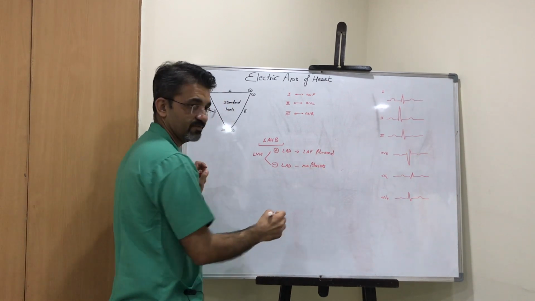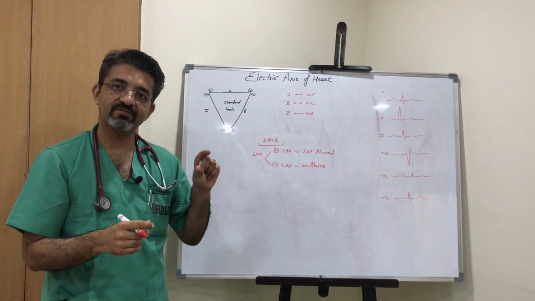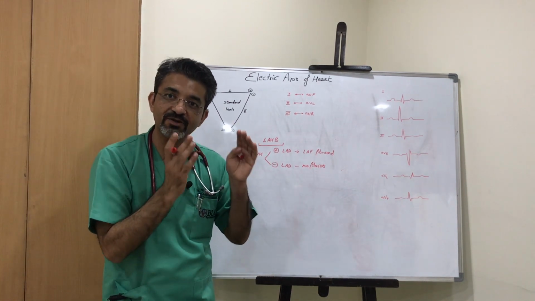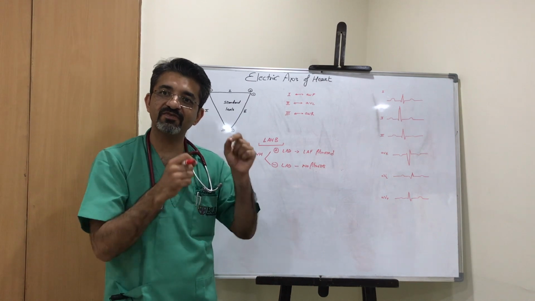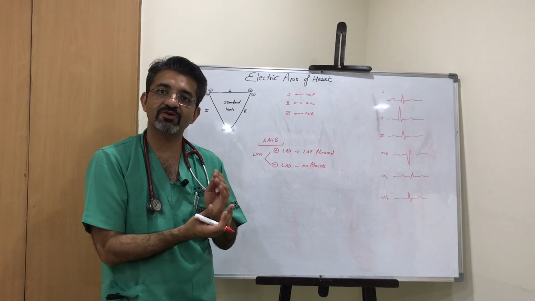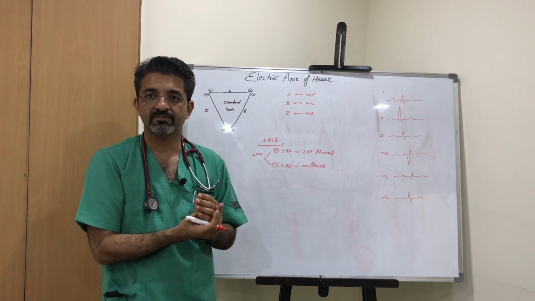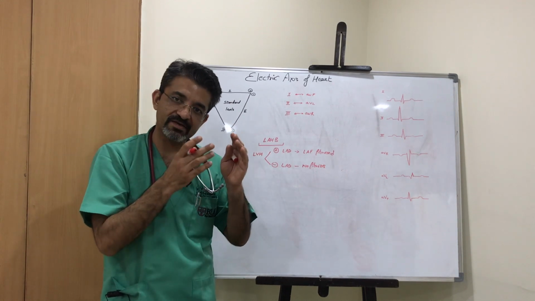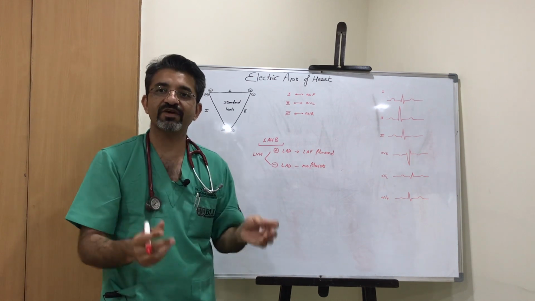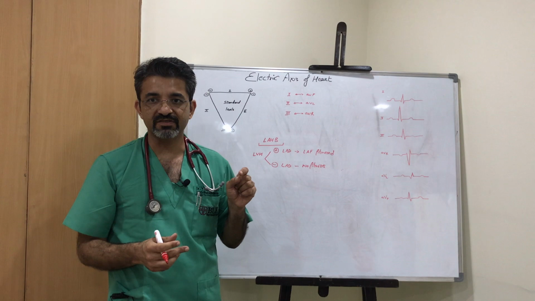So if you have a case wherein you have LVH and you find that patient has LAD also, that means there is a fibrosis which is causing conduction impairment in your left anterior fascicle, right? If you don't find left axis deviation with your LVH, that means there is no fibrosis in your conduction system,